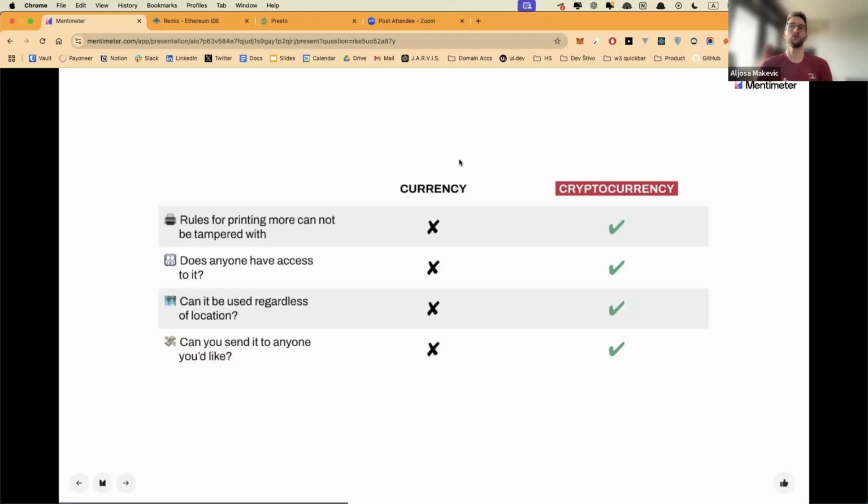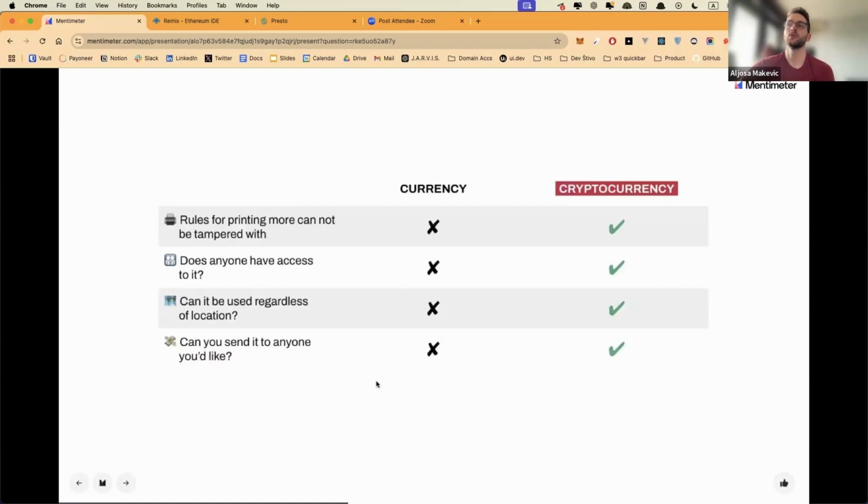So as I said, it can be used anywhere and anybody has access to it. You don't need to go through any KYC. KYC is know your customer, where a bank will go through and do a background check on you. They will get your info and find out your identity. But for Bitcoin or Ethereum, you just don't have to. Anybody can make a wallet and you can get some Bitcoin. Well, you used to. Getting Bitcoin now is a little bit harder when it's $100,000, but you do have access.